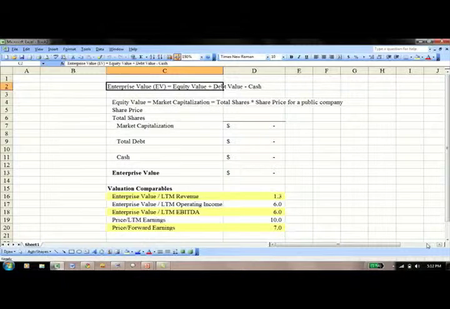So the first thing that we want to find out is what's the equity value. The equity value for a publicly traded company is also called its market capitalization, which really is the total number of shares outstanding multiplied by the share price for this company. So now let's first go out and get the share price for Cisco Systems. To do that, I will open up my browser,